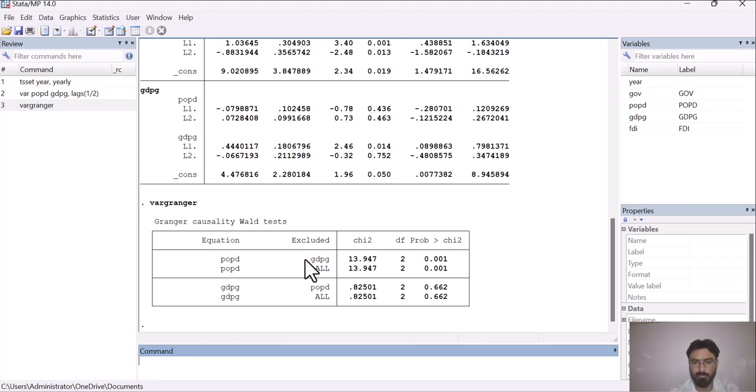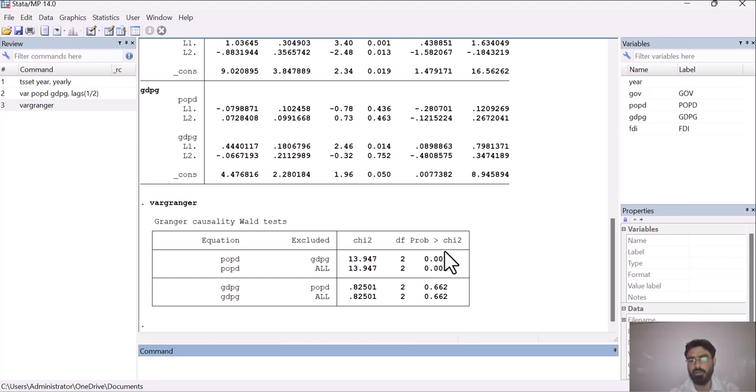So in this option you can see that GDPG is Granger cause POPD, and in these results POPD is Granger cause this variable which is GDPG. So we have to see the probability value.